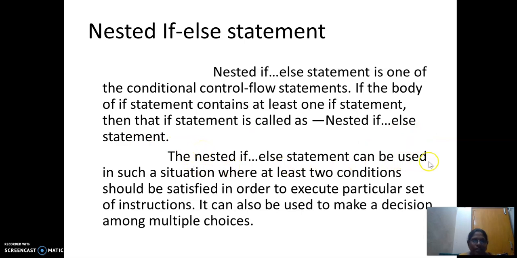It can be used in situations where at least two conditions should be satisfied in order to execute a particular set of statements. It can also be used to make a decision among multiple choices. That means if you have n number of conditions to be checked to execute a particular set of statements, that means at least two, then we will go with the nested if.